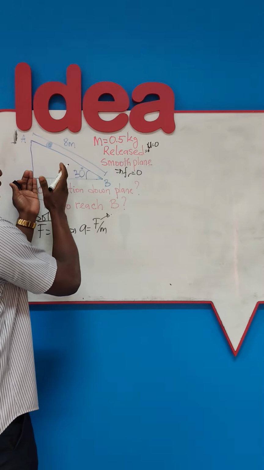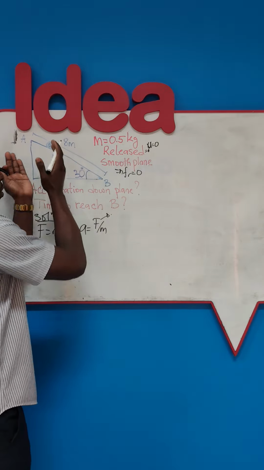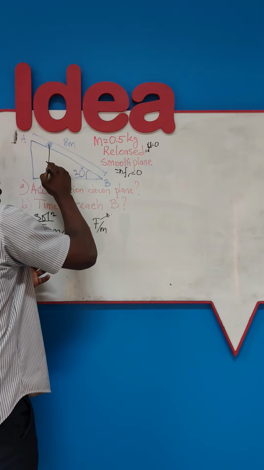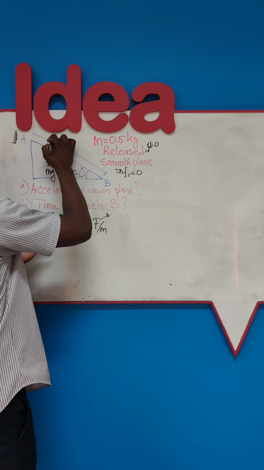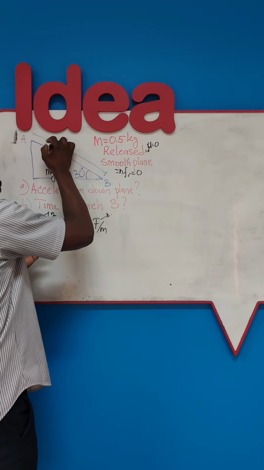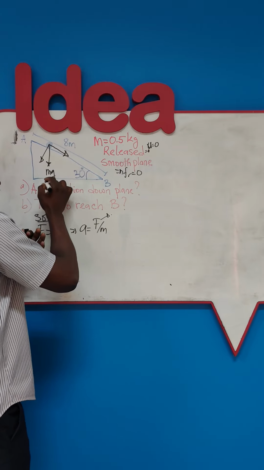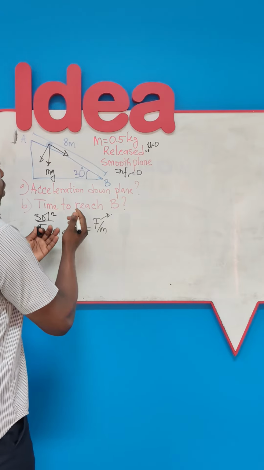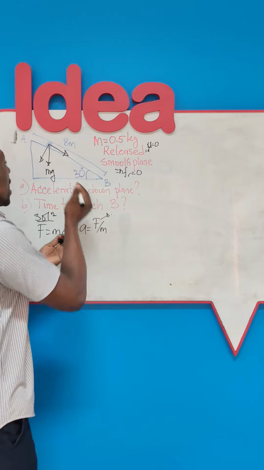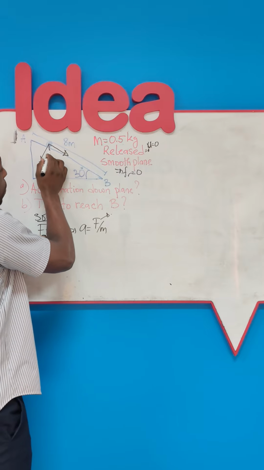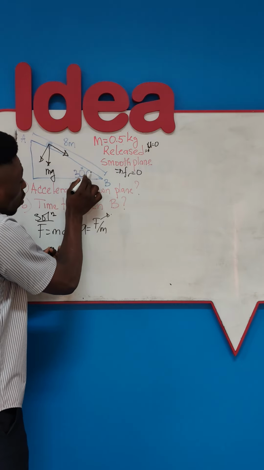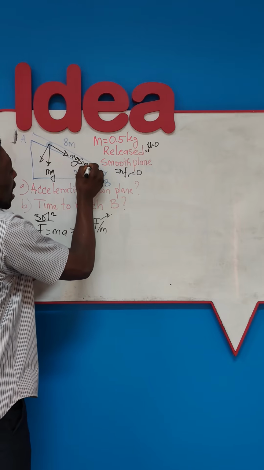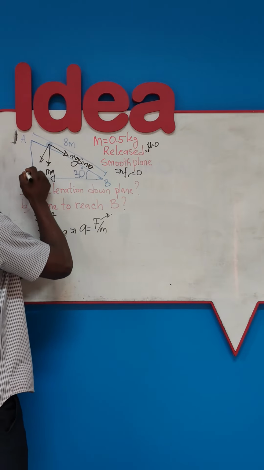Now looking at it, there is no other force acting on this ball but its weight, and this weight mg has to be decomposed into a horizontal component and a perpendicular component with respect to the plane of motion. Experiment has proven that this component parallel to the plane of motion is given by mg sine theta, where theta is this angle,